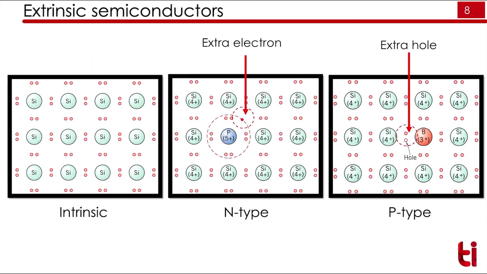In this figure you can see that we have an intrinsic semiconductor. There is no charge carrier available for conduction. If we add, for example, phosphorus, we have an extra free electron here. That free electron is available for conduction. So for one phosphorus atom we have one free electron. Due to this, the number of electron charge carriers will increase, and that's why we call it n-type. If we add boron, for example, it will leave a hole behind. It will have some hole, and hole has positive charge. That's why we call it a p-type semiconductor.